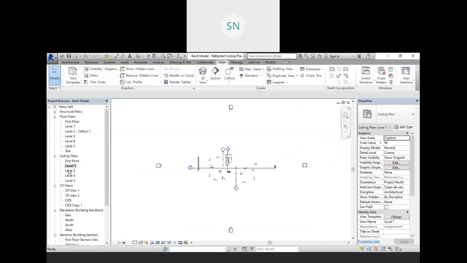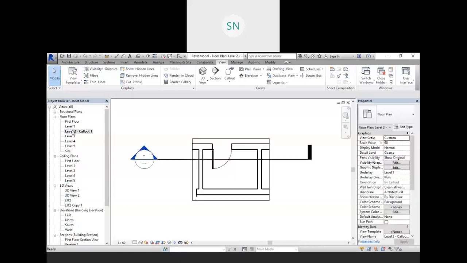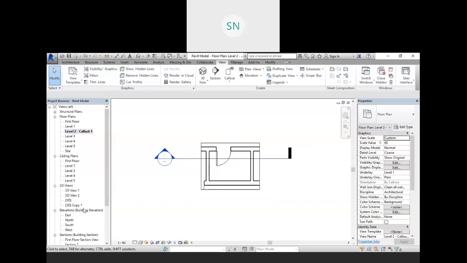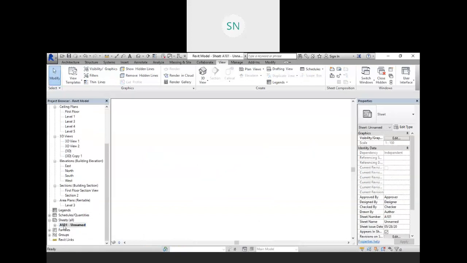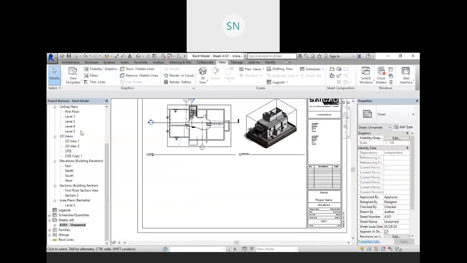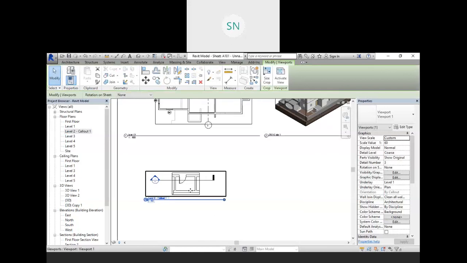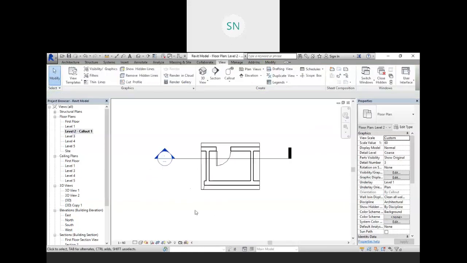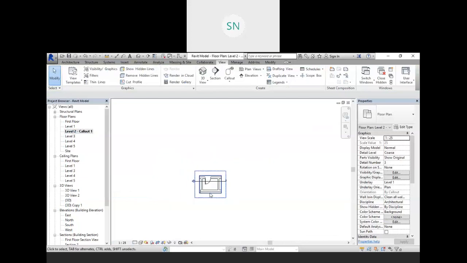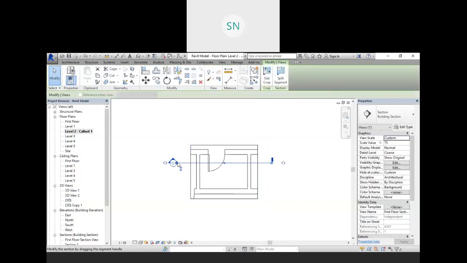Do we have any ceiling work out? No. Let me place this callout view. And this detail view we have over here. So go to the drawing and I want to place that callout view. So drag it and drop it on the screen and set your scale. Go to your view and let's say 1 by 25. Crop view, and it is fine. Just reduce this length.